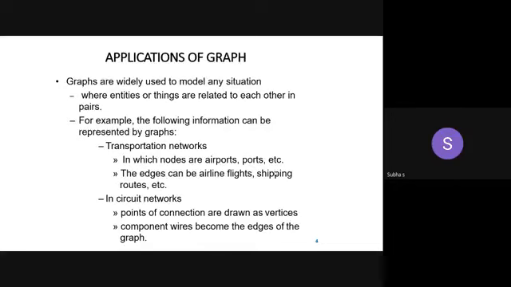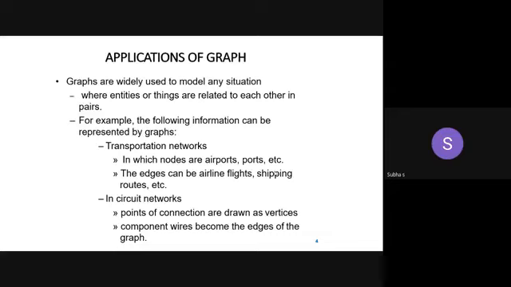These are all the things we covered in the video. It's mainly used for transportation networks. Mainly we can model any situation or any application, and for that we are using the graph. Especially this graph is used in transportation networks, to construct road transport, airways, or rail transport, anything.